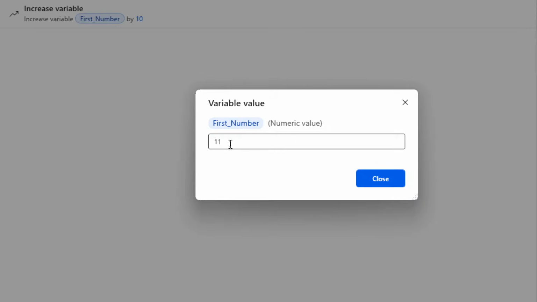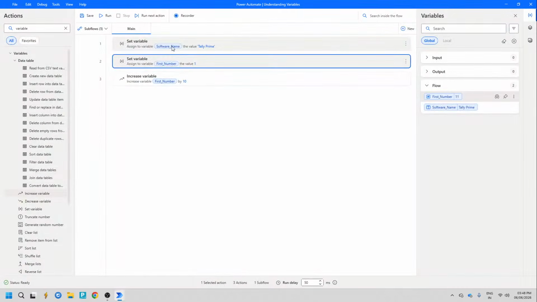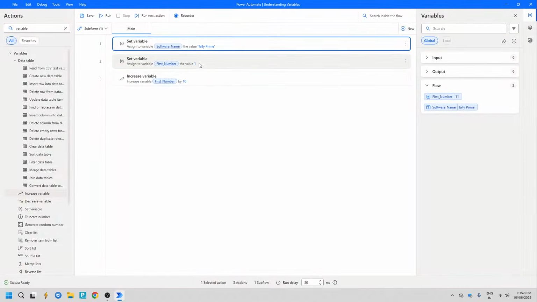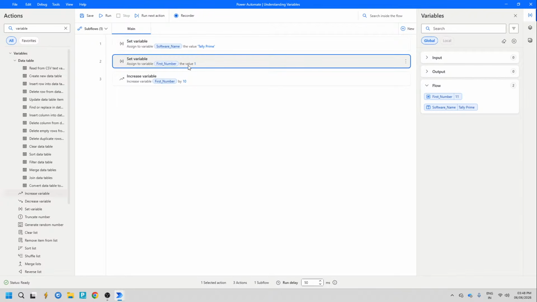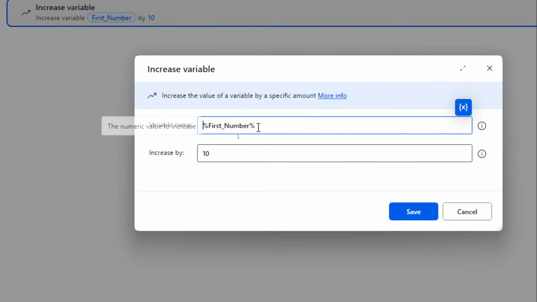The value is getting 11. That means first it is trying to capture the name of the variable within a container software name. Then we are storing the first value in a blank empty container, and the variable name we have given is first number. After that we are saying, hey Power Automate, whatever there is in the first variable,